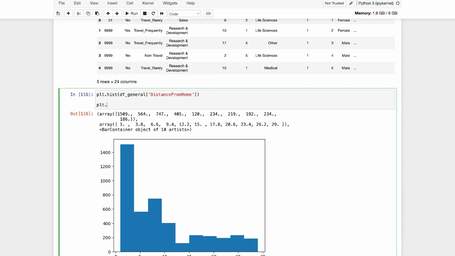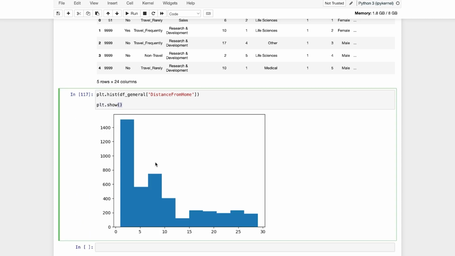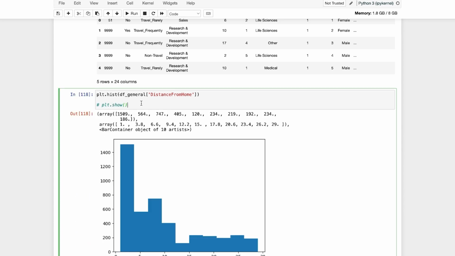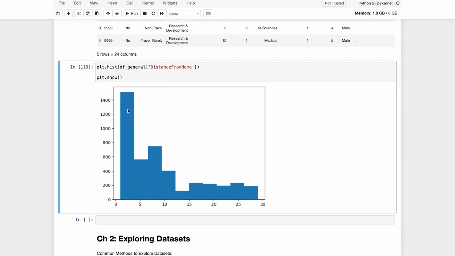And we always like to use plt.show at the end of the code, because that basically cleans up any other unnecessary output that the plot might show. For example, if I run it without the plt.show, if I comment it out to make it inactive, and I run this, you can see there's a lot of unnecessary output that is showing. So if I just want to see the plot, then I just run plt.show, which will only show